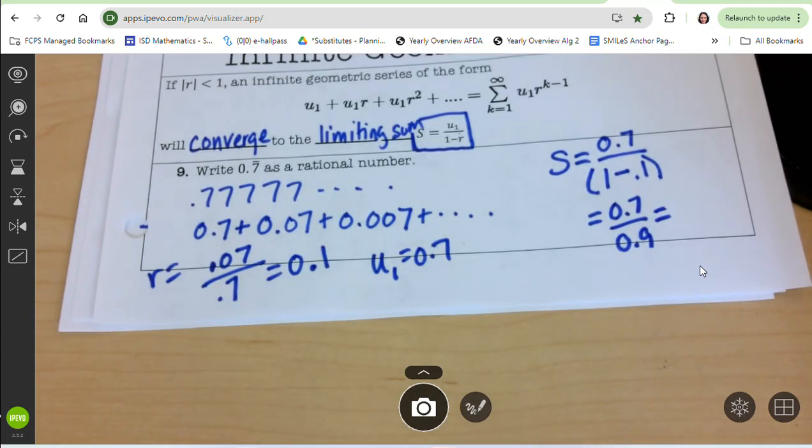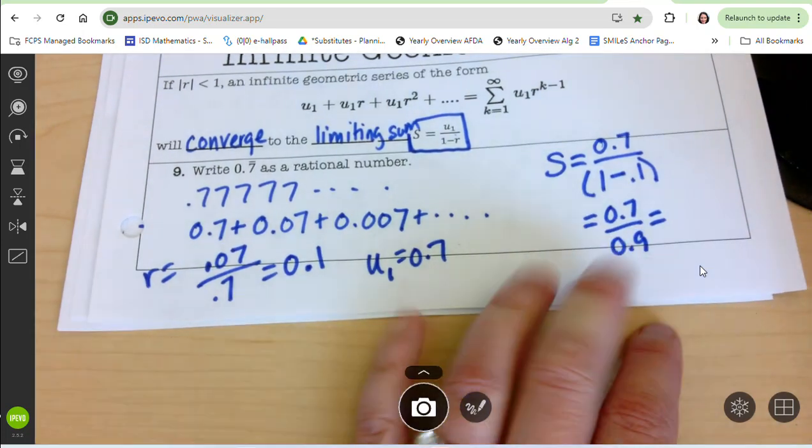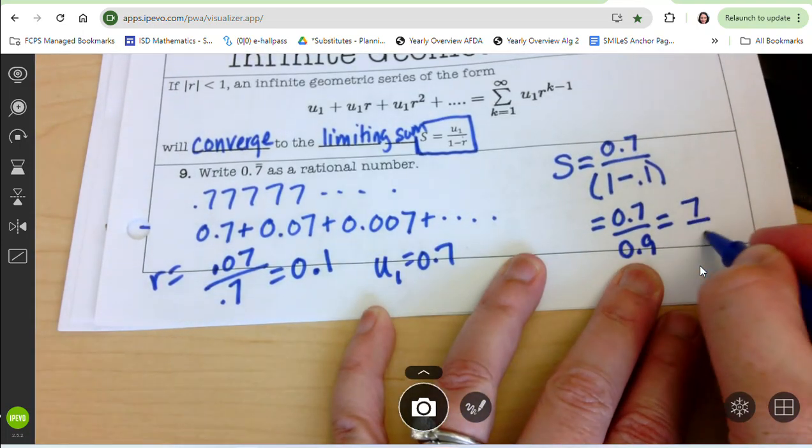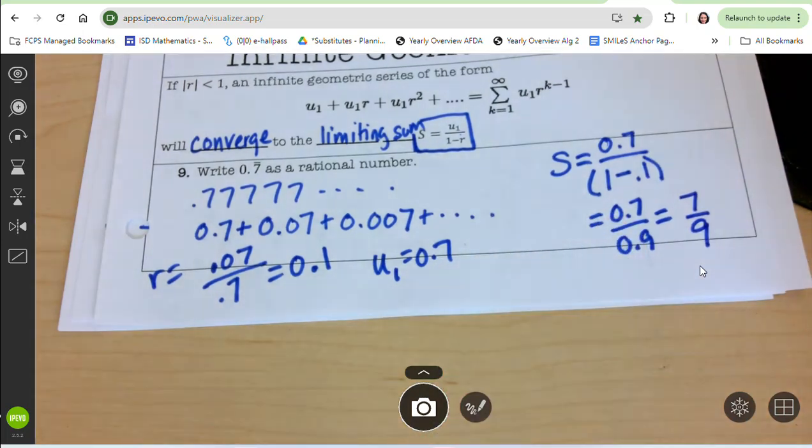Do math fraction. What do you get with math fraction? What fraction? 7/9, right? It makes sense because it's 0.7 over 0.9. So 7/9. So the fraction 7/9 is equal to 0.7777777, repeating like that. And this is a really interesting application of a geometric series. All right. That was a lot of